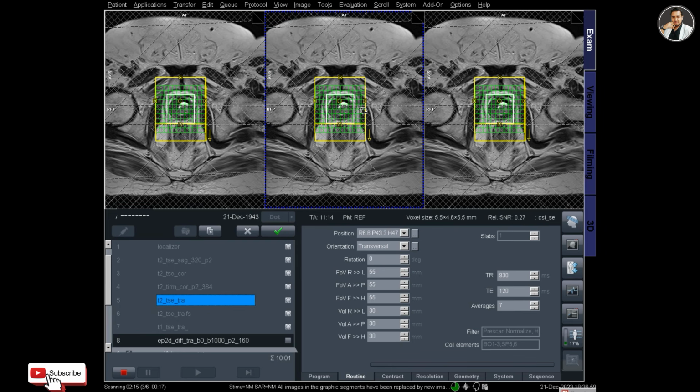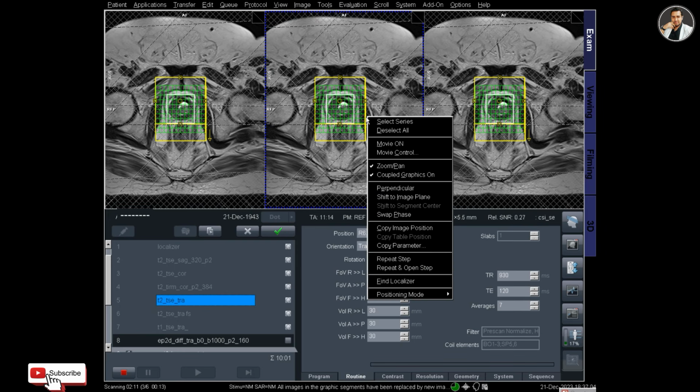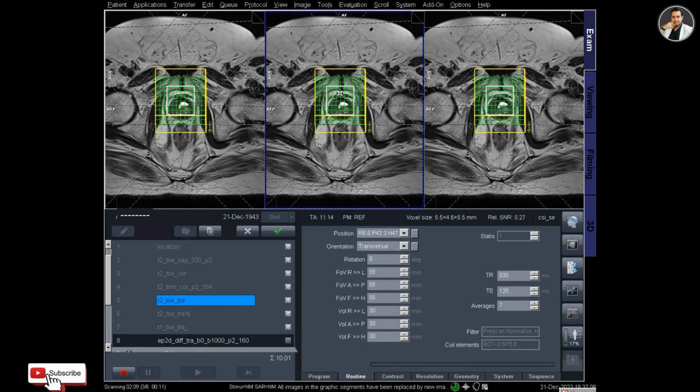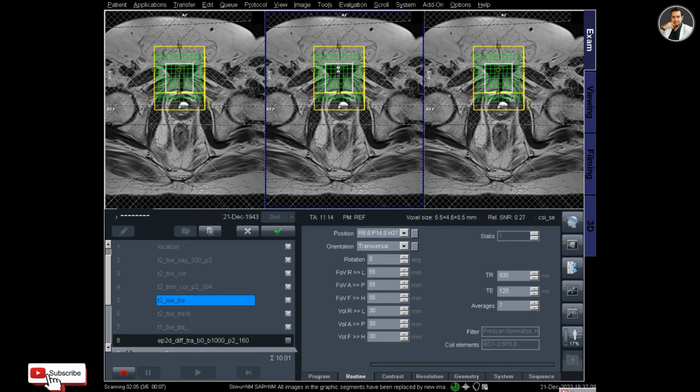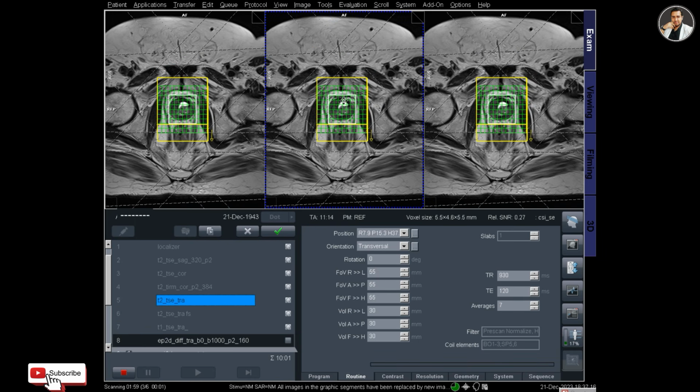So scroll and check nearest, and couple graphics on, and move the boxes to the middle of the saturation band, and then couple graphics on, and then again move the plan over the prostate.